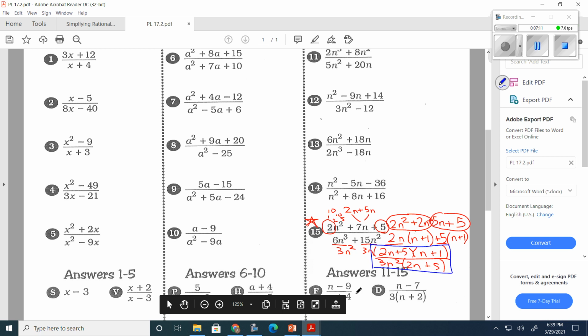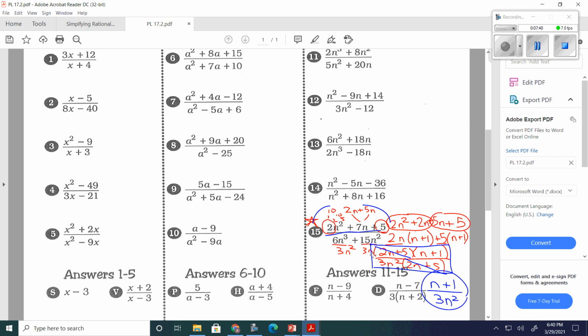So now what can we cancel out? Well, we have the same binomial on top as we have on the bottom. And that leaves us with on top n plus 1. Where can I write this? N plus 1. And on the bottom we have left 3n squared. I did that one with you because we needed to review how to factor a trinomial when the leading coefficient was greater than 1. Make 4 terms,